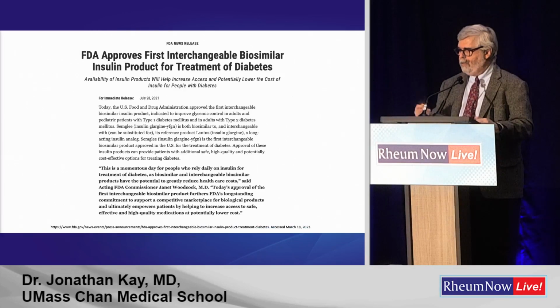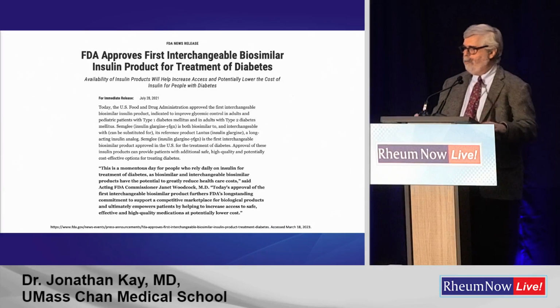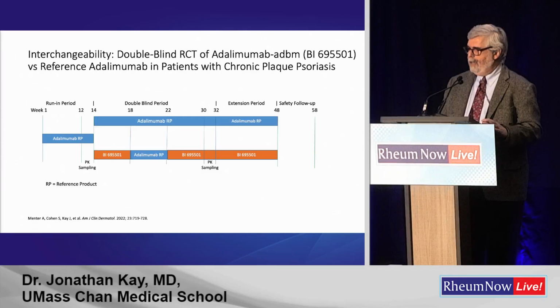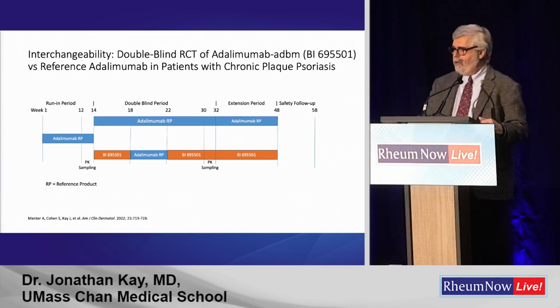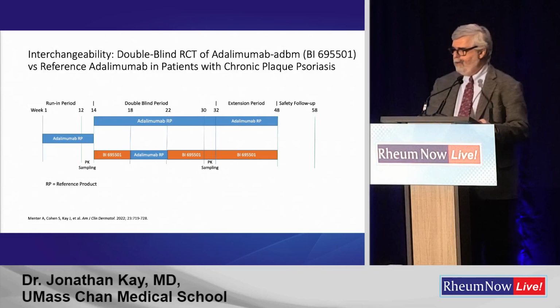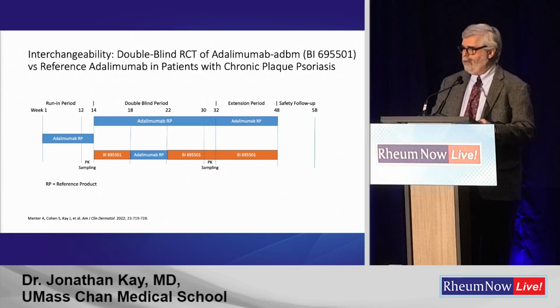Post-marketing data is also included. So the first interchangeable biosimilar was approved in July of 2021, an insulin glargine biosimilar. And then Boehringer Ingelheim subjected its adalimumab biosimilar to a switching study compared to reference adalimumab in patients with chronic plaque psoriasis. And this has been published now in the American Journal of Clinical Dermatology, and it follows the FDA